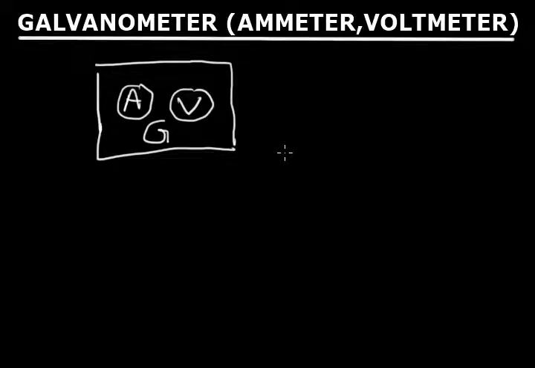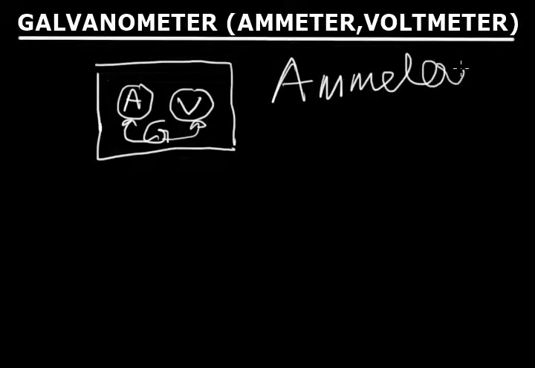So galvanometer basically is an instrument or a device which uses the magnetic effect of current. Galvanometer is based on the magnetic effect of current, and we have to primarily know how the galvanometer can be used as an ammeter and how it can be used as a voltmeter. For the ammeter part, as you all know, the ammeter is fundamentally used to measure the current of a circuit, and it is primarily a galvanometer